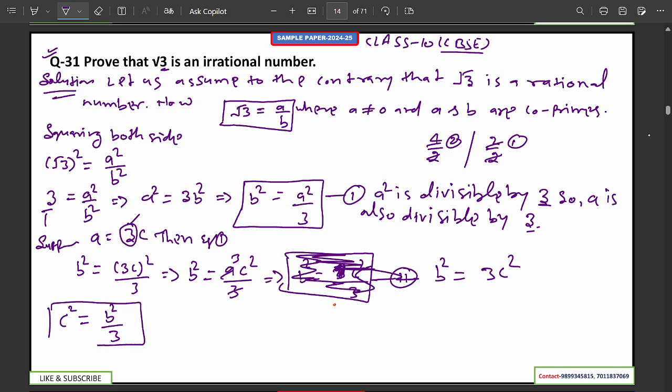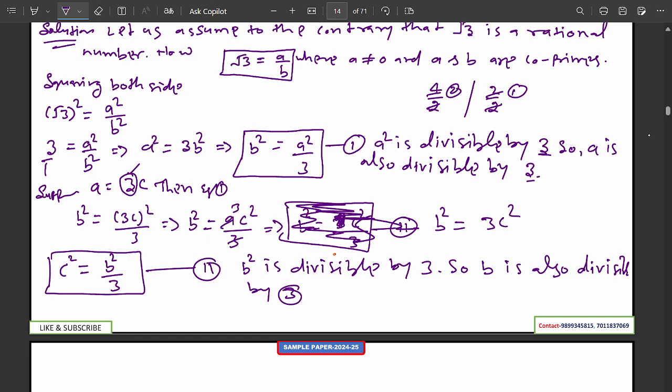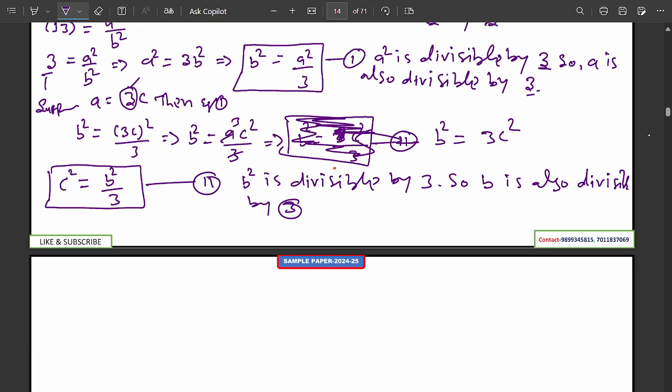In this relation we can write that b square is divisible by 3, so b is also divisible by 3. So basically this is the procedure to solve this question, and after that